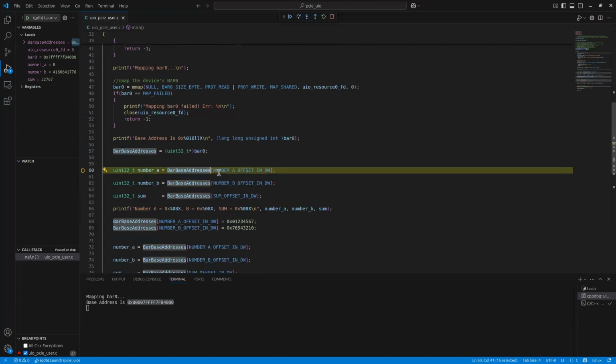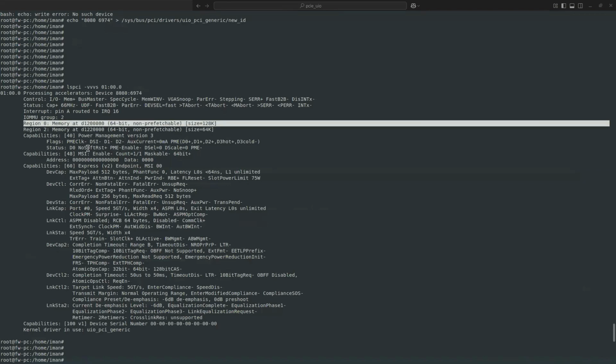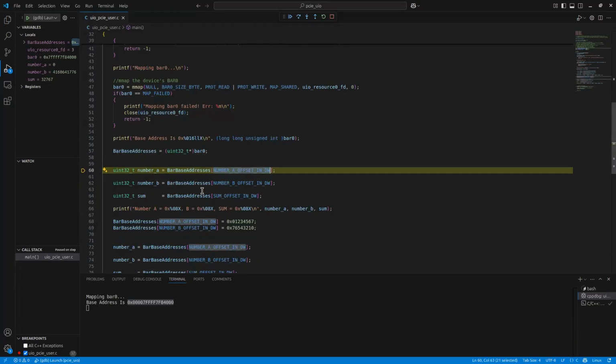Now, by accessing any index of that array, I can read and write to any register inside BAR 0. So now I can easily communicate with my device through the PCIe bus.